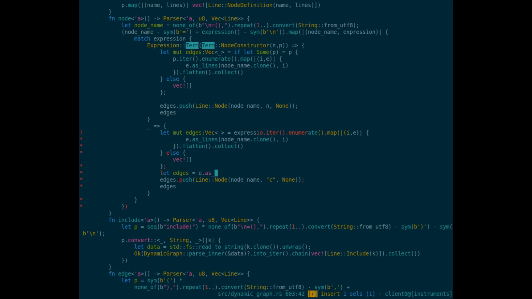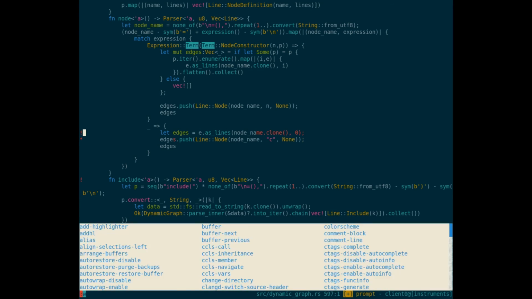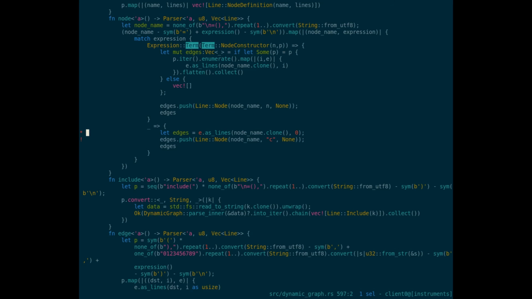It's like this. Port 0. Okay. So it's actually simpler. Not E, but